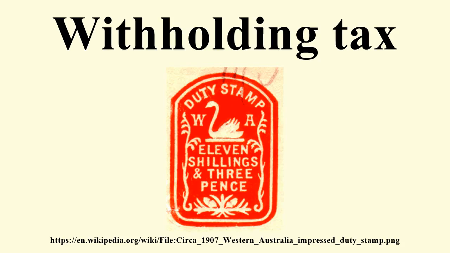In some cases, the withholding tax is treated as discharging the recipient's tax liability, and no tax return or additional tax is required. The amount of withholding tax on income payments other than employment income is usually a fixed percentage. In the case of employment income, the amount of withholding tax is often based on an estimate of the employee's final tax liability, determined either by the employee or by the government.